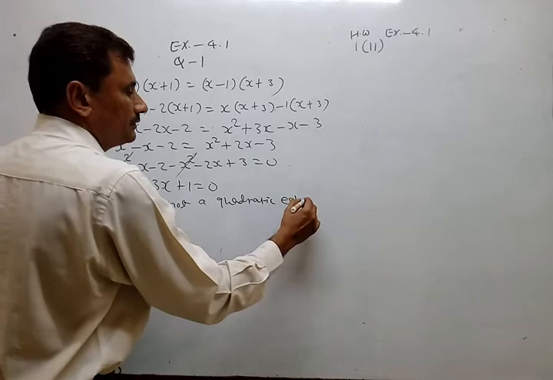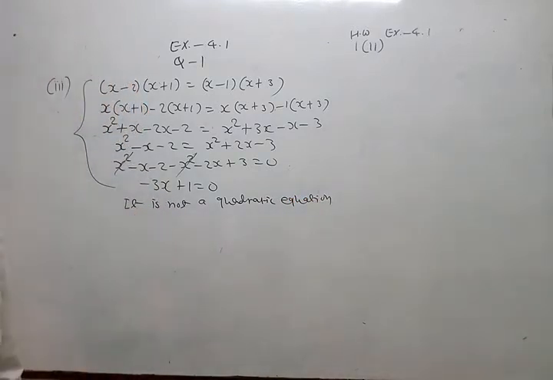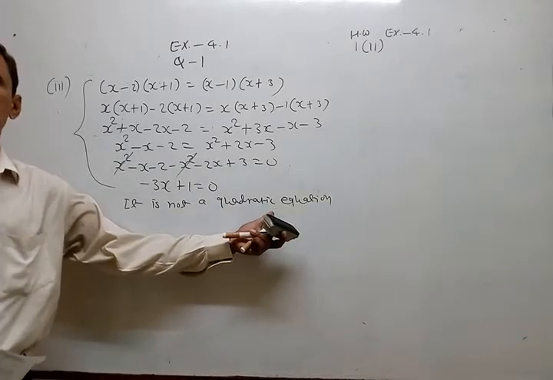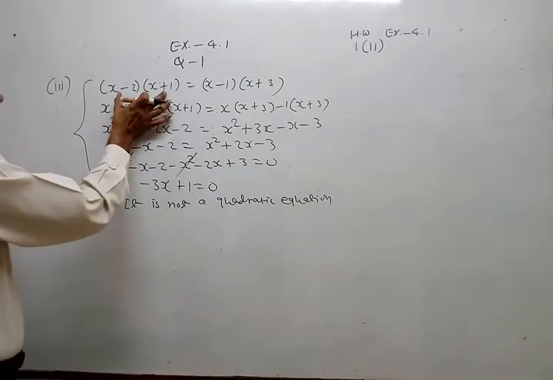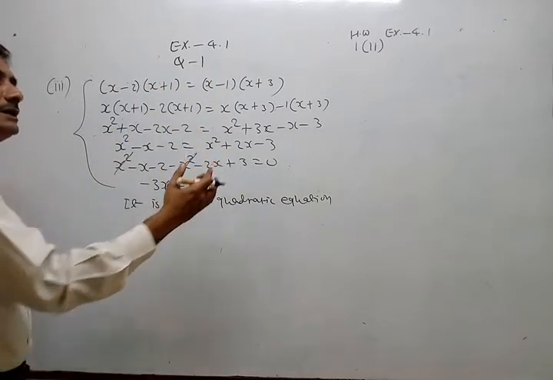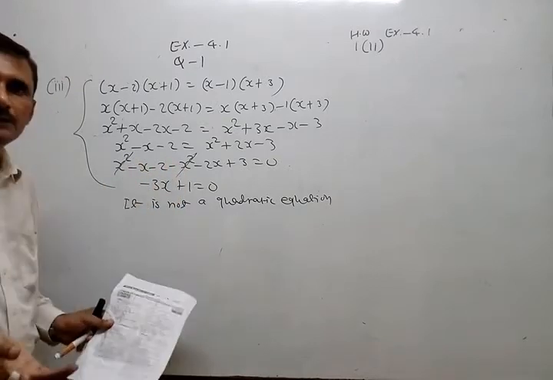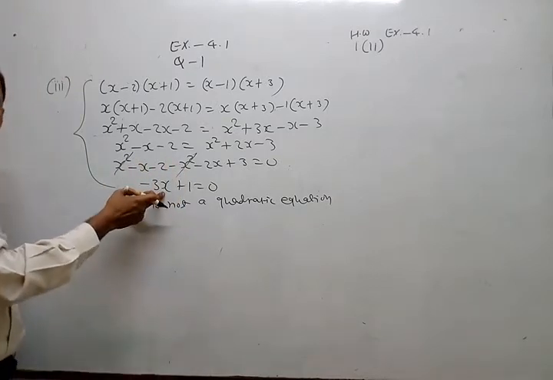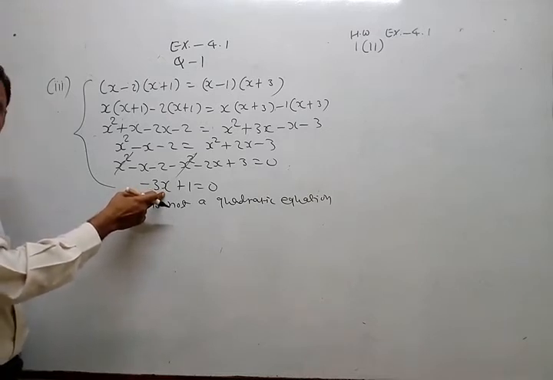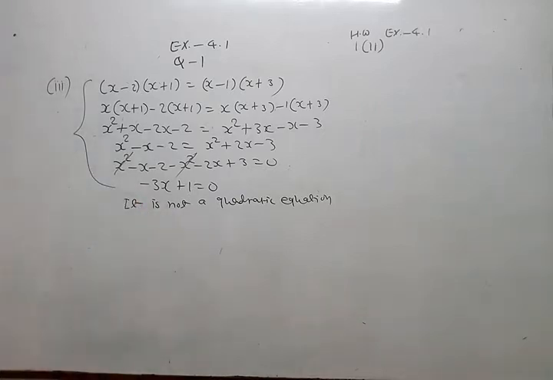And give your answer in a full statement. Do not say only yes or no. Everything should be clear. Okay. So whenever brackets are given, just multiply. After multiplying, combine like terms, then shift all of them towards the left side, and after shifting, just look at whether the degree is 1 or more than 1 or more than 2. If the degree is 2, then yes, otherwise no.